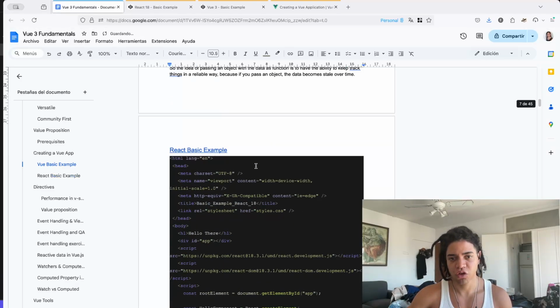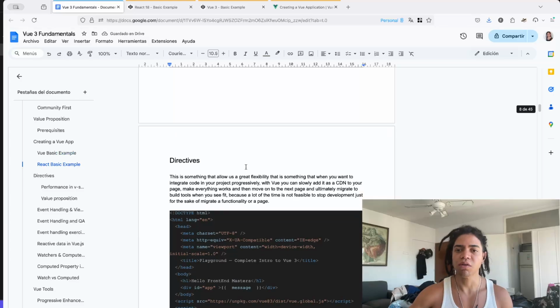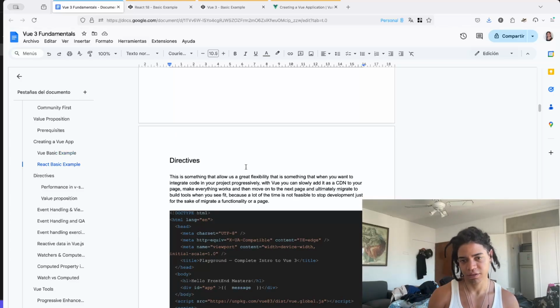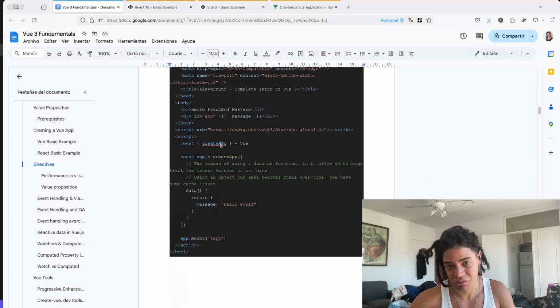All right. So now let's start to interact with this reactivity system as a way to render elements, which is one of the most common things to do